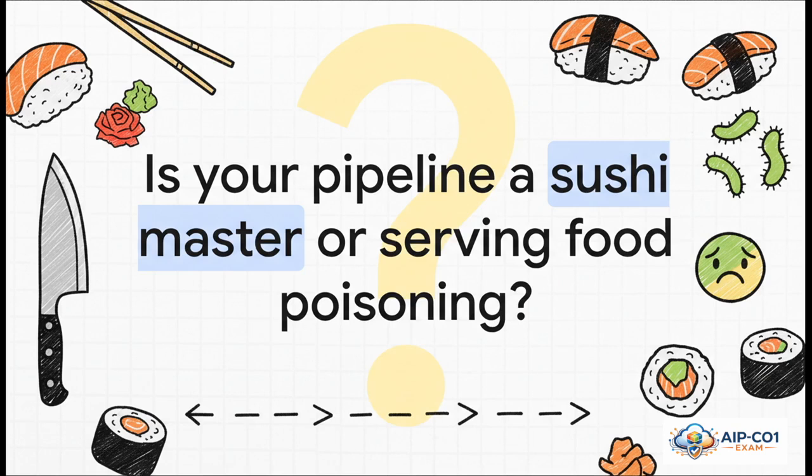Which brings us right back to our sushi conveyor belt. Building a production-ready GenAI pipeline isn't just about plugging some services together. It's about designing a system with the discipline and care of a master chef, making sure every single piece of information you serve to your users is fresh, accurate, and safe. Because anything less, and you're just serving